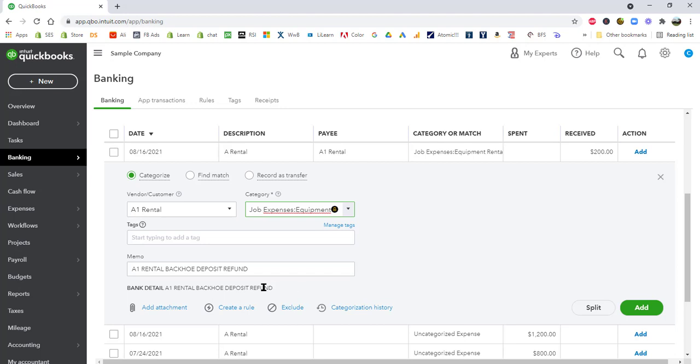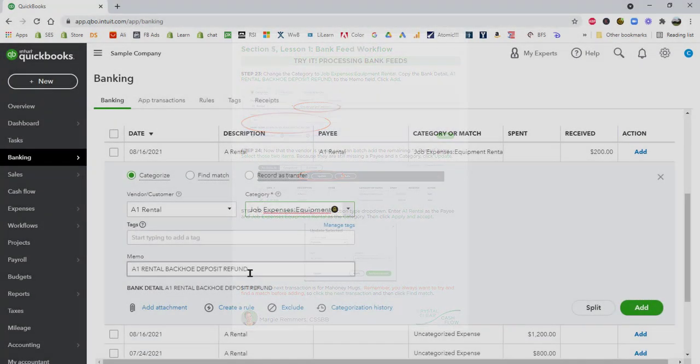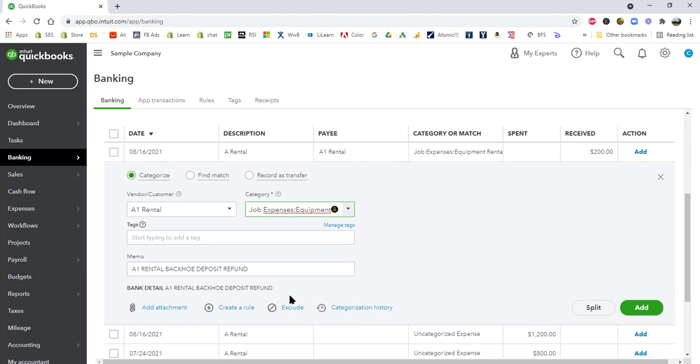I always like to copy that information into the memo field, which is why I have it in the exercise here in step 23. It looks like QBO is now automatically adding that detail in the memo field, so that's great. Maybe we can take out that step, but it's important to have that in there